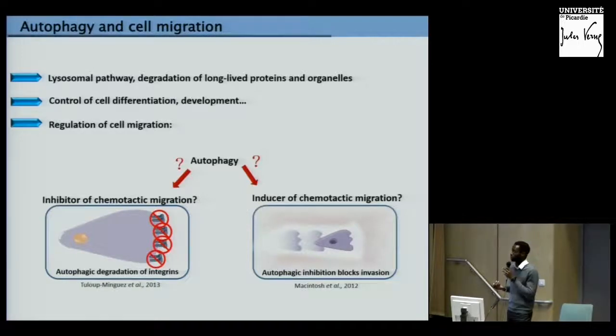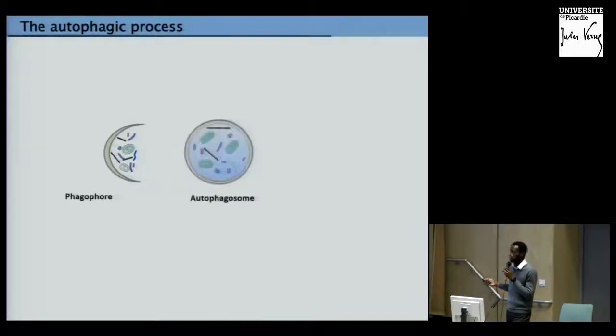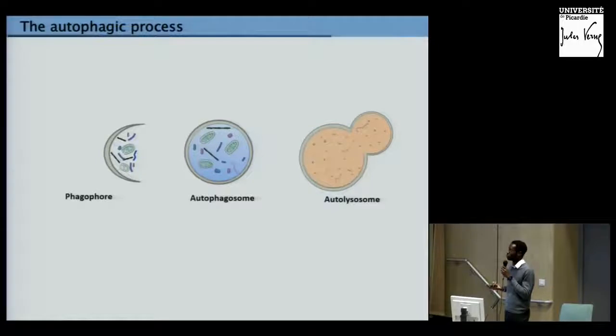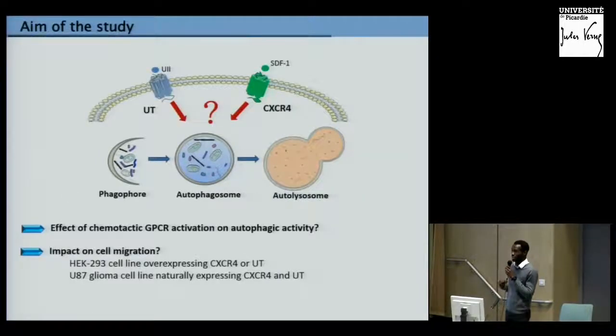Now, as a reminder, the autophagic process starts by the formation of a multi-membrane structure called a phagophore, which will elongate, capture cytoplasmic material, and close off to form a mature autophagosome. The autophagosomes then fuse with lysosomes to form the autolysosome, where its interior is degraded and used for the creation of new proteins. Now, to this day, there has been no clear link established between chemotactic GPCRs and the autophagic